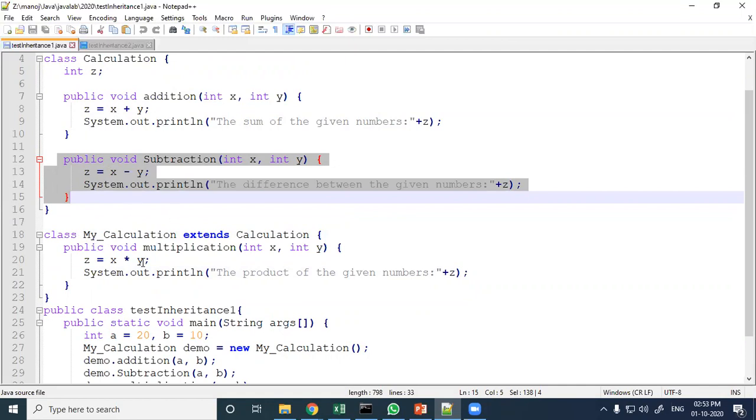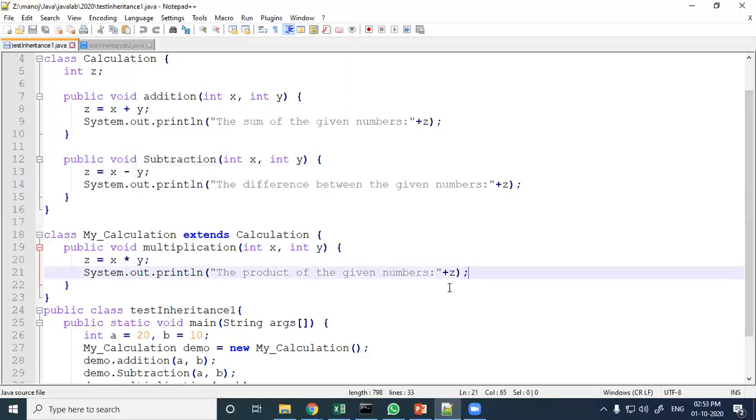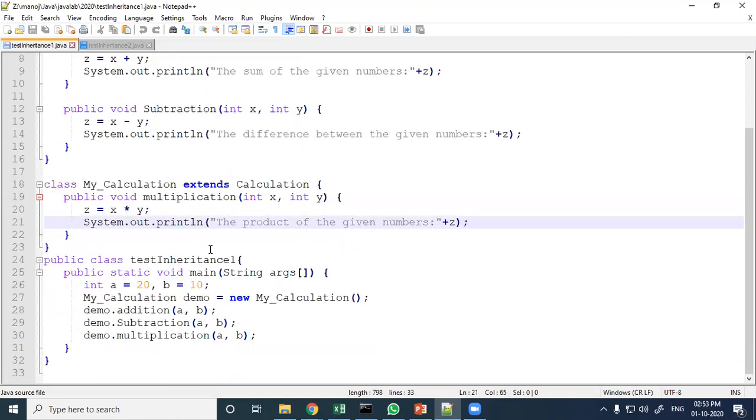As well as a new member is defined here, multiplication. That means for my calculation, z is a member, addition is a member, subtraction is a member, multiplication is a member.